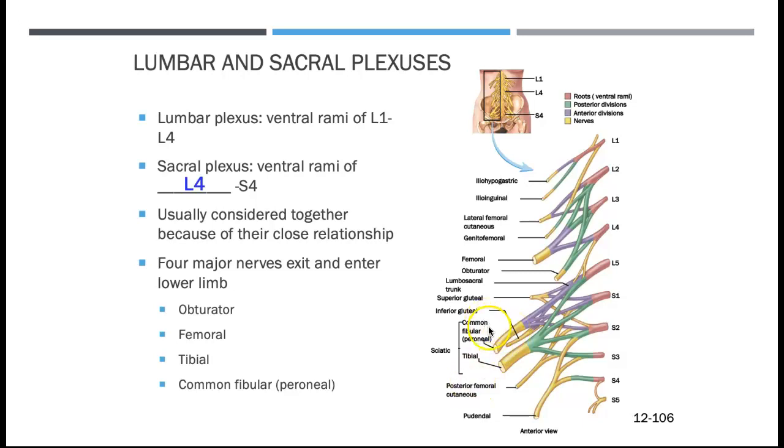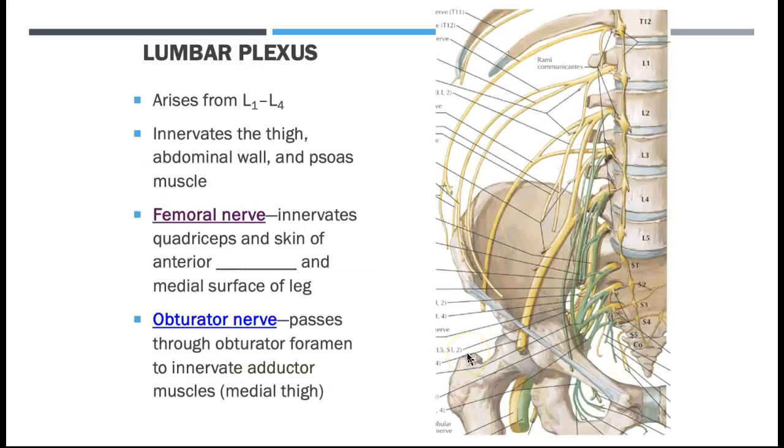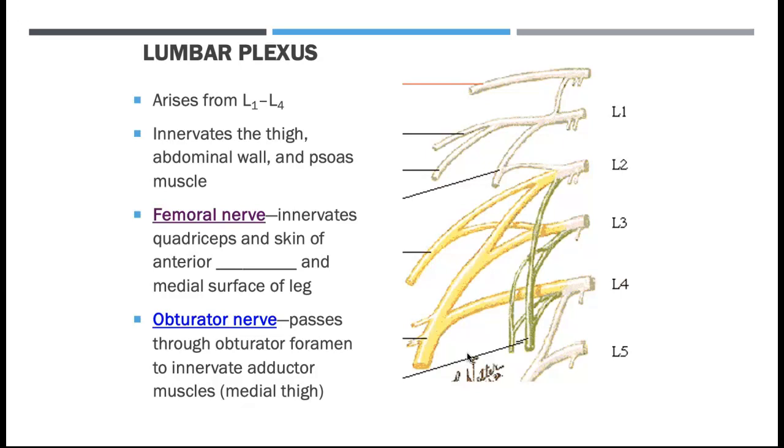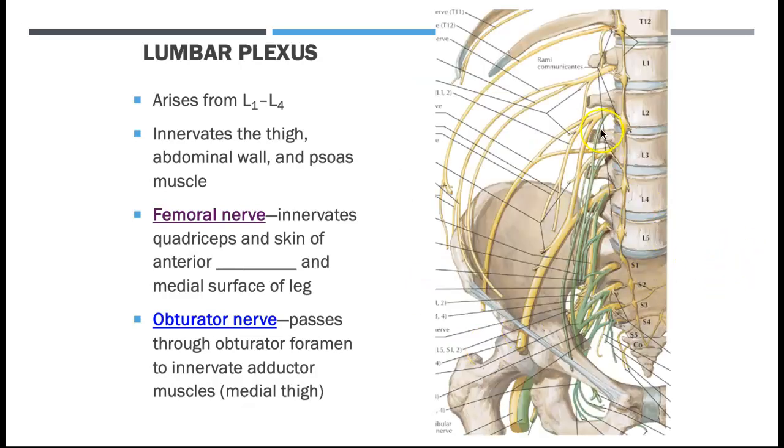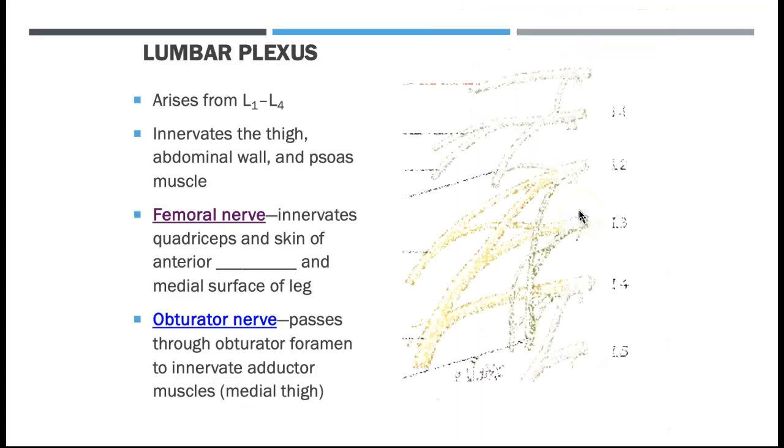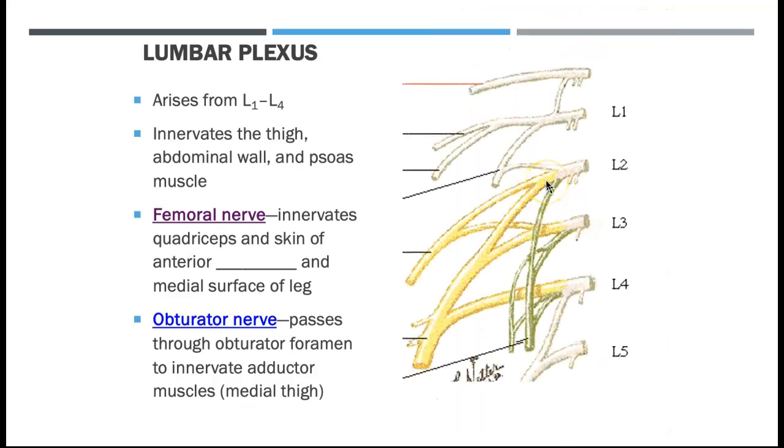And together, the common fibular and tibial will create the sciatic nerve. So let's concentrate on that lumbar plexus first. Okay, so let's go back. This is going to be the lumbar plexus up along in here, but this is a more simplified image that we see. And this again will come from L1 to L4 and will innervate our thigh, abdominal wall, and the